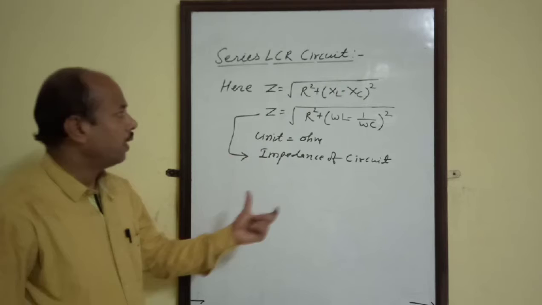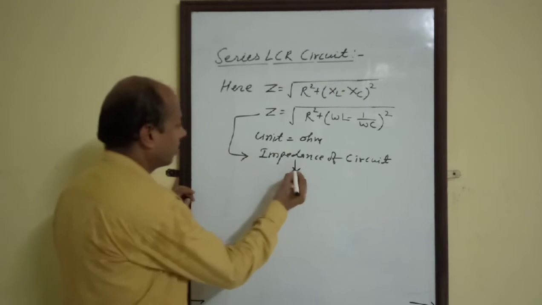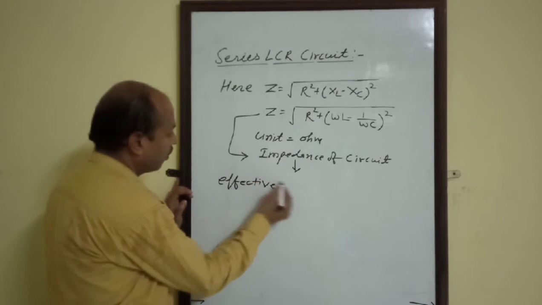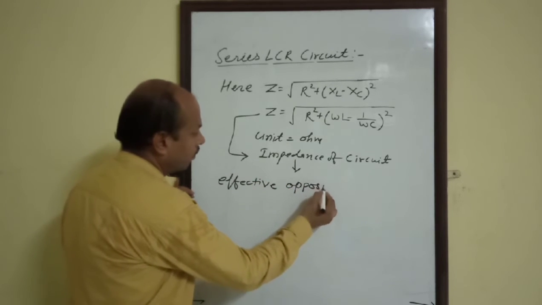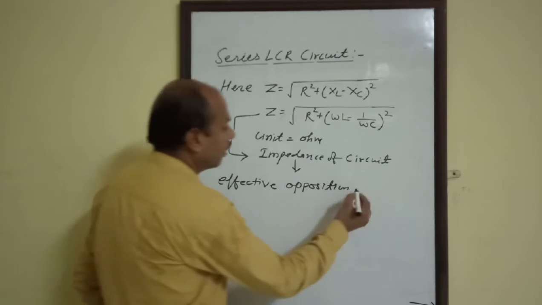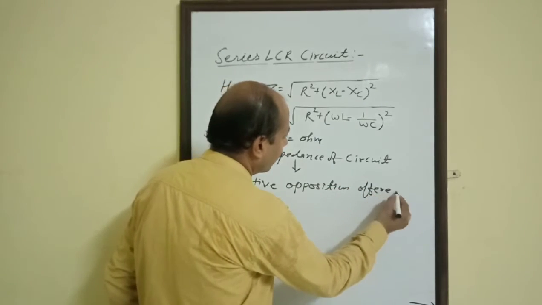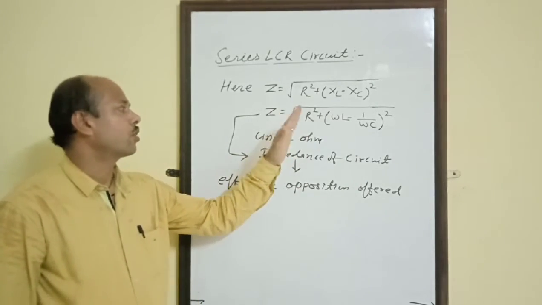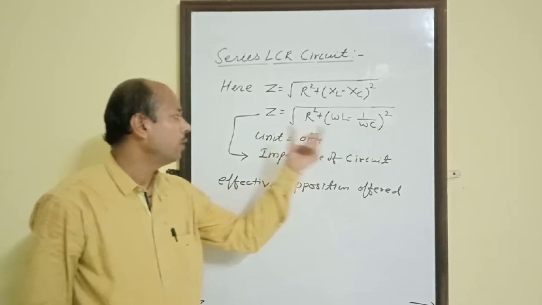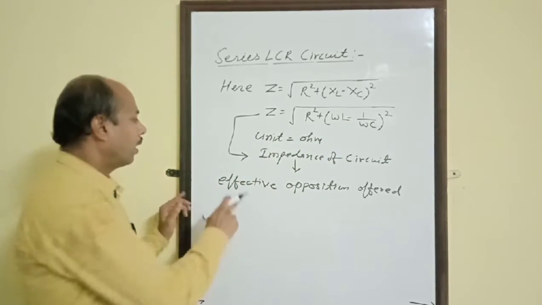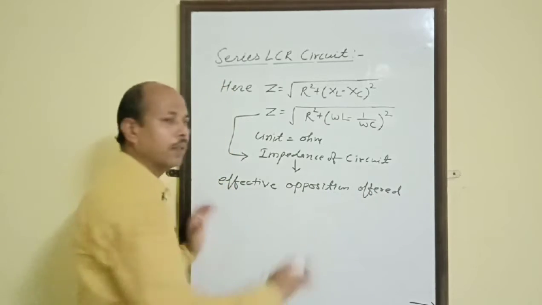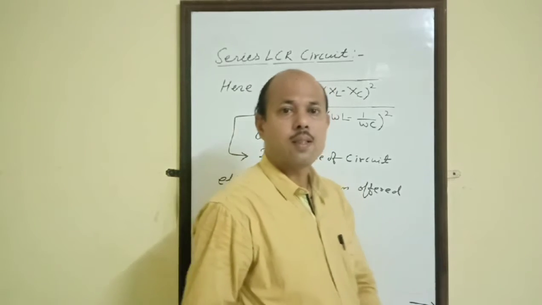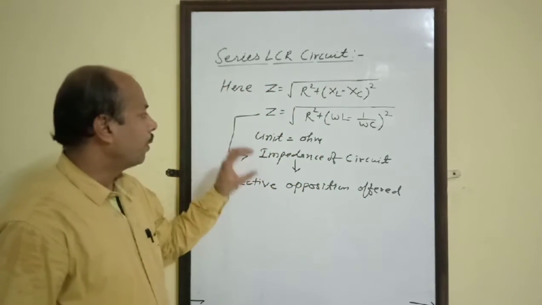Impedance of circuit, and how we can define it? Effective opposition offered by the series combination of R, L and C is known as impedance. Effective opposition offered by the series combination of inductor, capacitor and resistor is commonly known as impedance, and its unit